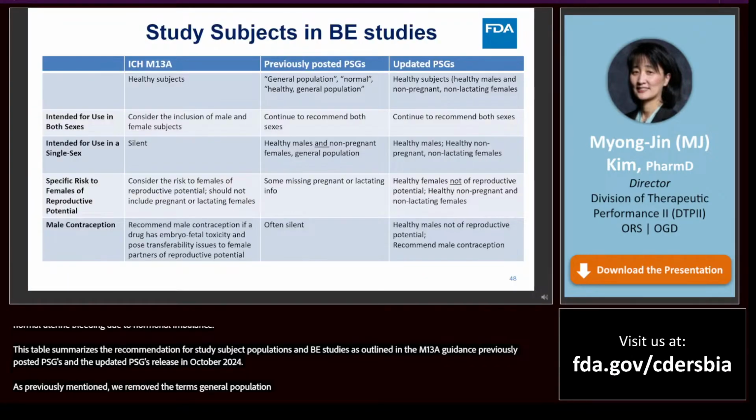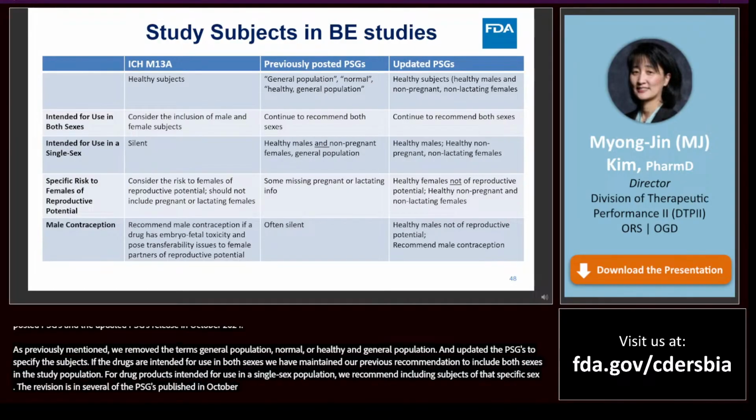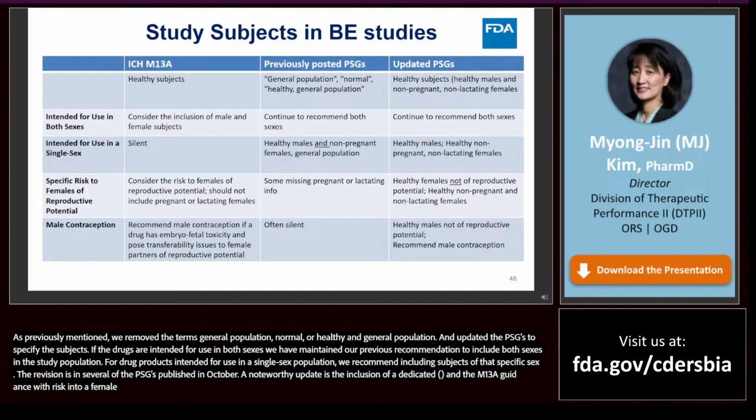Importantly, a dedicated section addressing reproductive risks for females has been incorporated, advocating for male contraception when drugs pose potential risks of embryo toxicity. This marks a significant advancement in patient safety protocols. Additionally, safety concerns surrounding embryo phototoxicity have been meticulously addressed. Recommendations now urge the selection of healthy subjects who are not of reproductive potential for studies, aiming to minimize risks